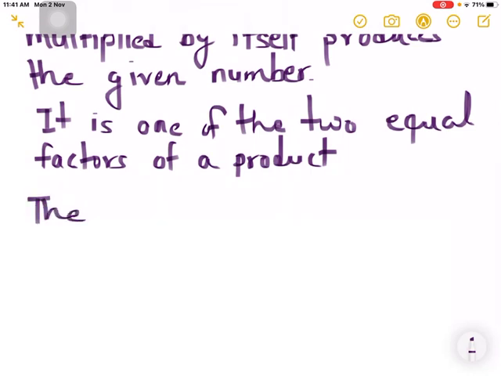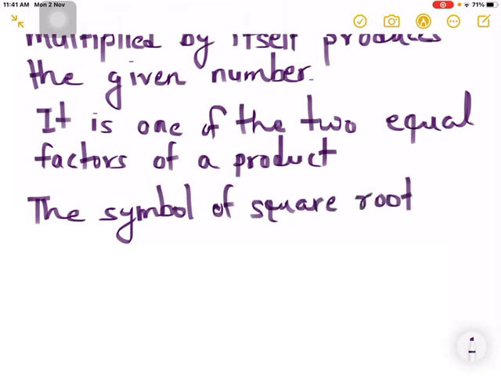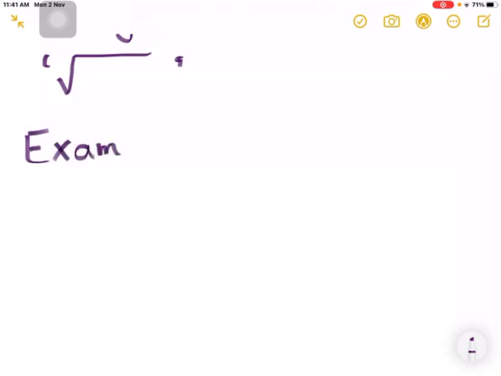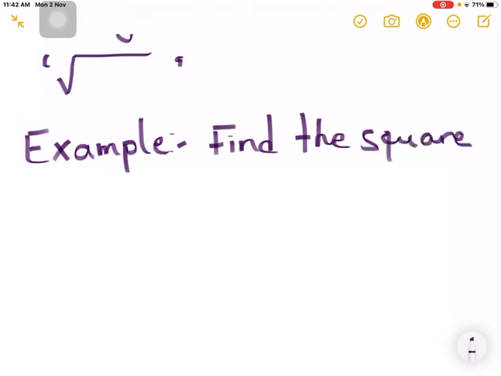Okay, the symbol of square root. What is the symbol of square root? Okay, this is the symbol of square root. So you might have confusion about what square root is and how we can find out the square root of a number. For example, I want to do one example here: find the square root